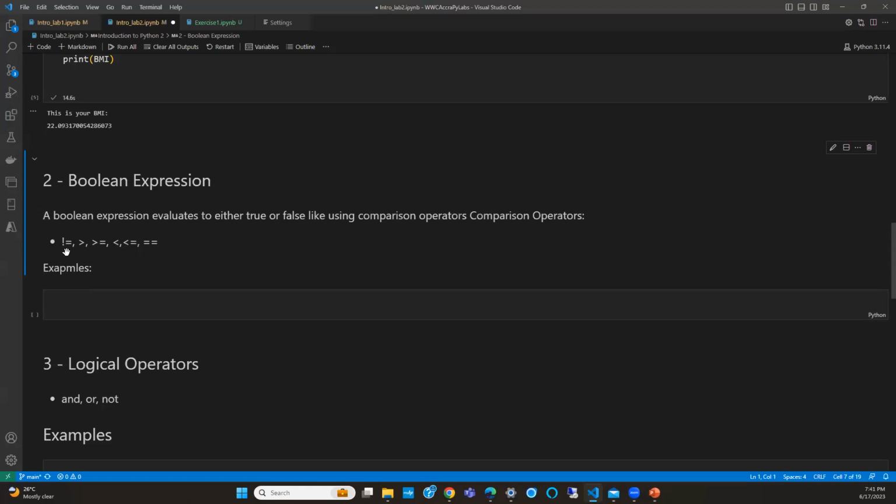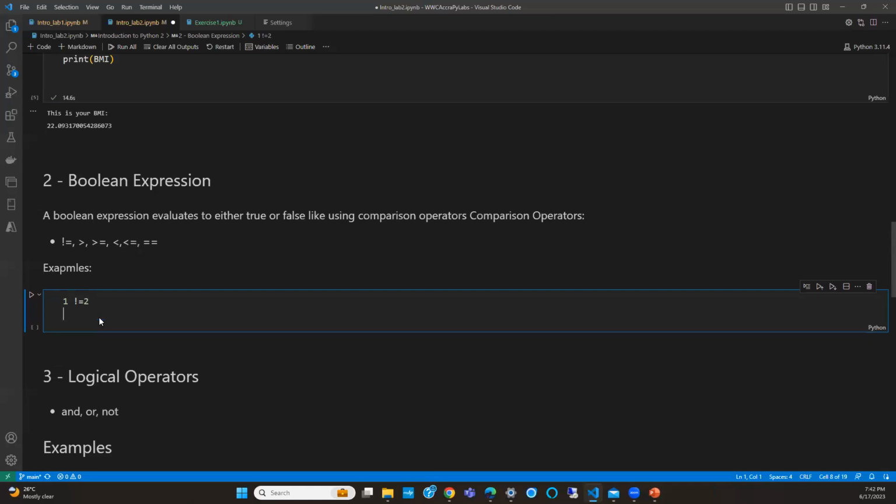So these are Boolean expressions, and the operators that are used: the first one, exclamation equal to, means not equal to. So if we want to say 1 is not equal to 2, we use exclamation equal to. Then we have the usual greater than or equal to, less than or equal to.